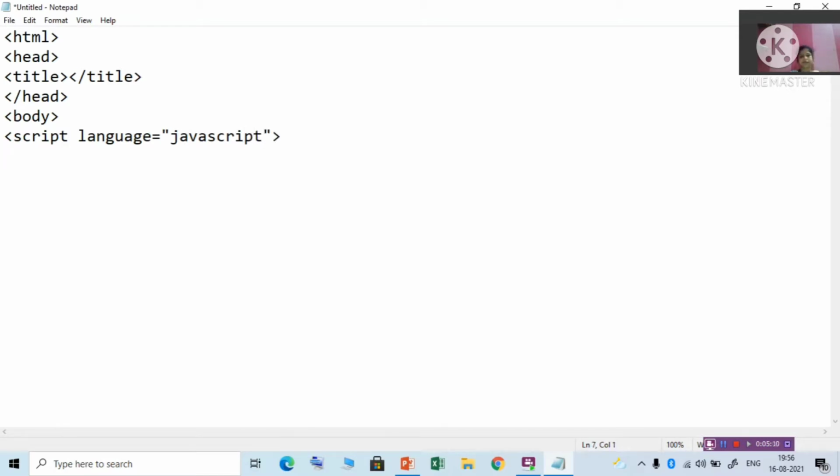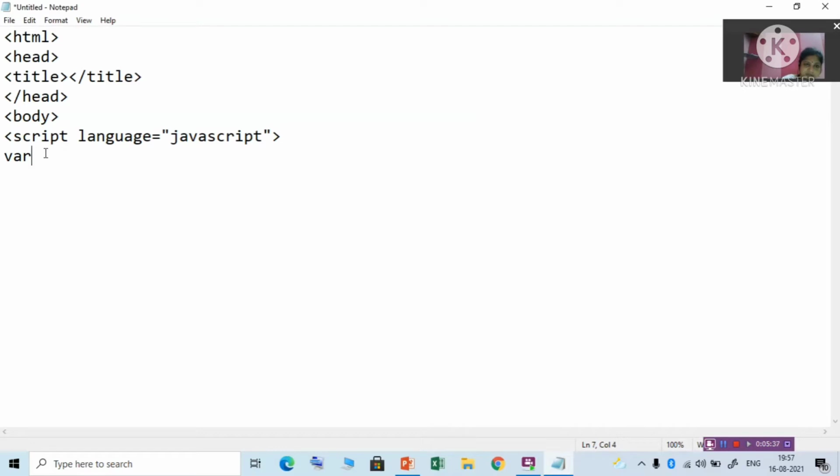Here we'll use the prompt function. I told you that this word var is used to declare a variable. Variable means it is a place in the computer's memory where a value can be stored.